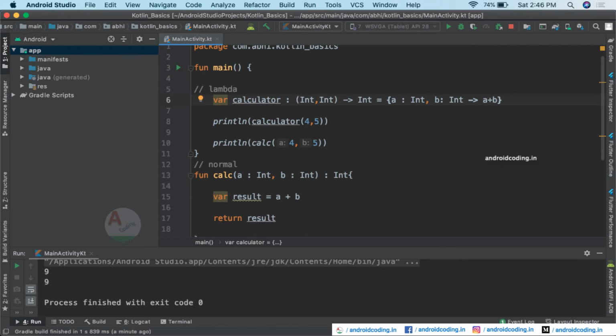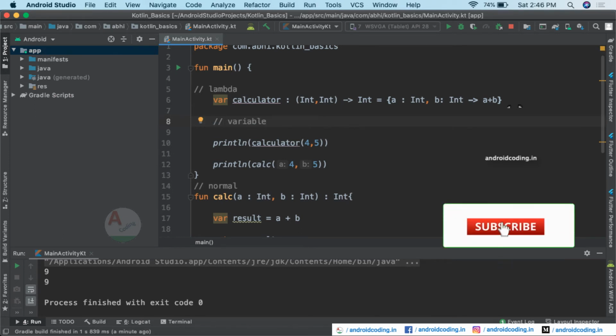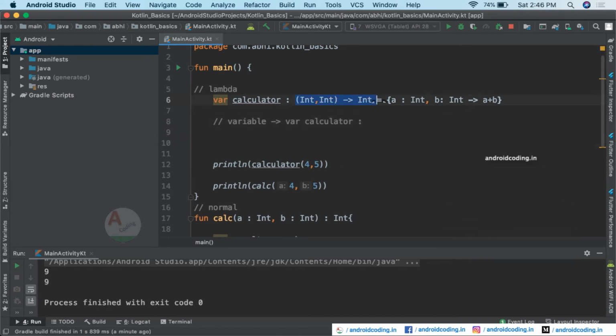So here I want to simplify this in a detailed way for you to understand. Here it is a variable declaration, the first part. Here we are declaring the variable, and here we are declaring the type, whether it's an integer or a string, boolean, whatever it might be.